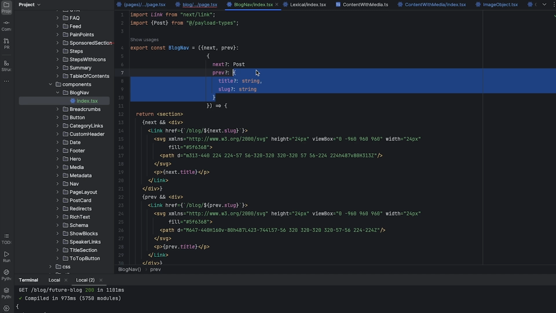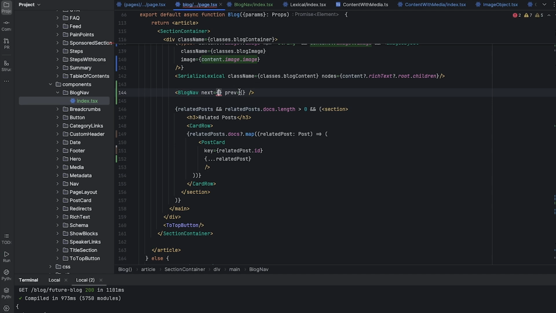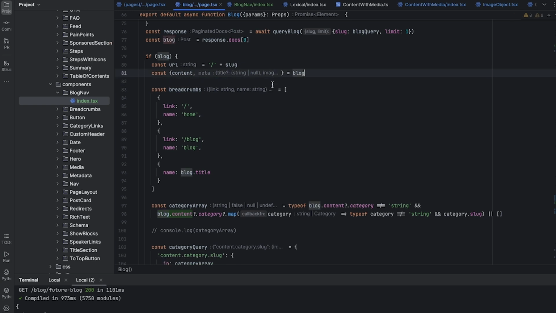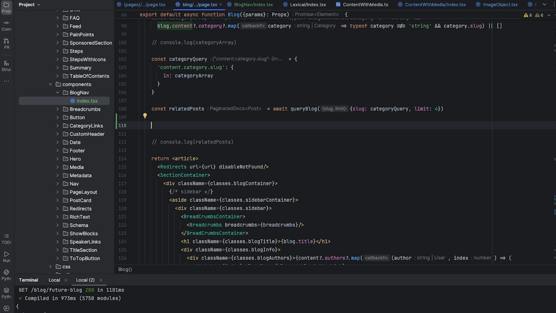And then previous can also be a post. And those both exist there, so now we can have a previous post and a next post. But we need to query those first. So let's get rid of this console log, and we will come below our related posts, and then we're going to do